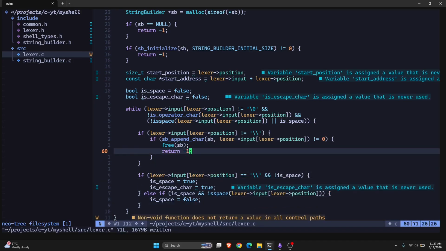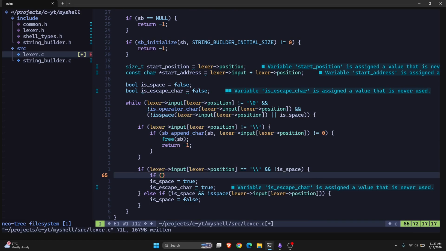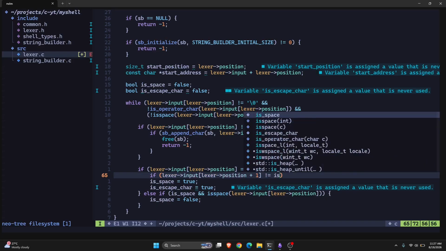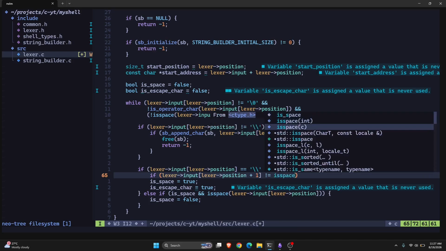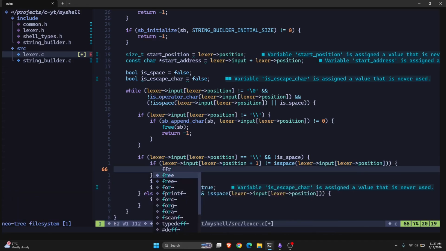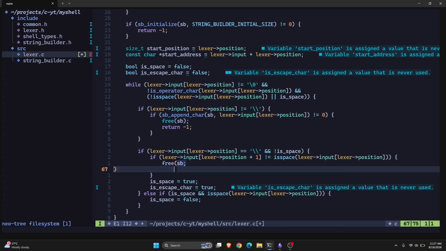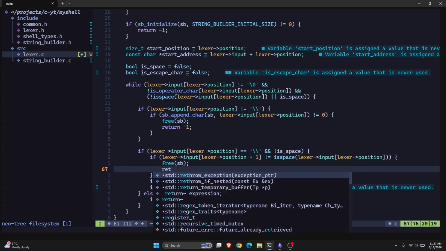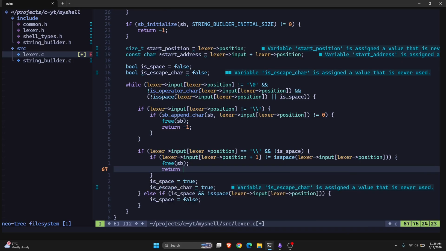And we have to do one more thing. We have to check if the current character is this, and I think I need to check if lexer input lexer position plus 1, I mean the next character, if it's not equal to a space, not this one, lexer input lexer position, then we have to free the string builder, and we need to return -1,